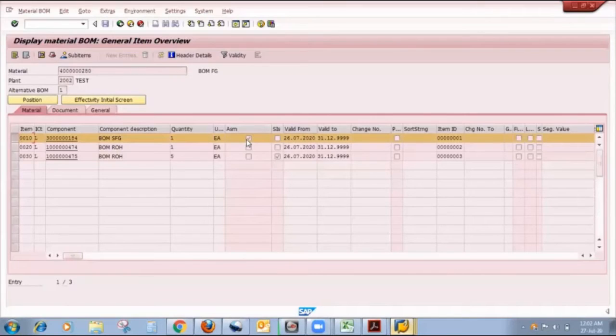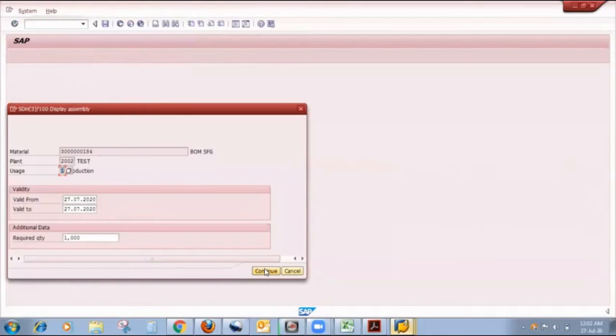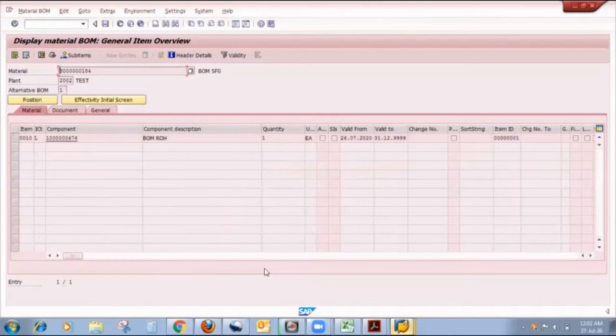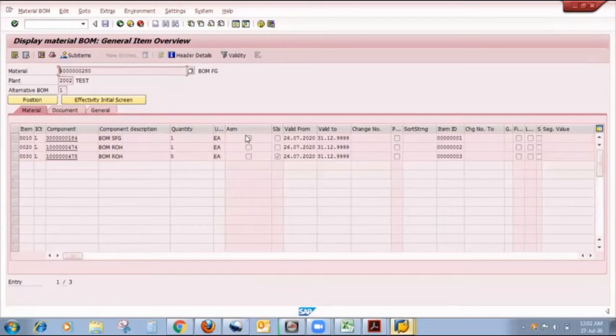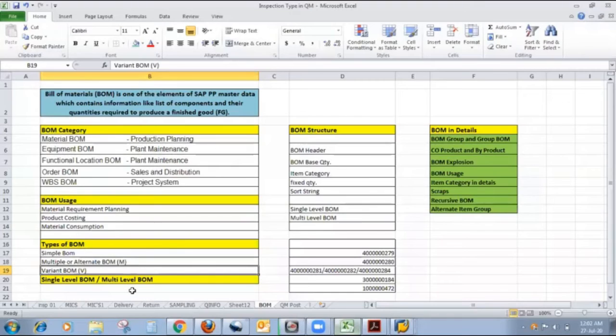So I click here and continue. You observe that for producing this semi-finished material, it requires this raw material. If I go back, you observe that in the assembly indicator there is one tick mark. Why? Because this material already has BOM content. So this is the major difference between single-level BOM and multi-level BOM.